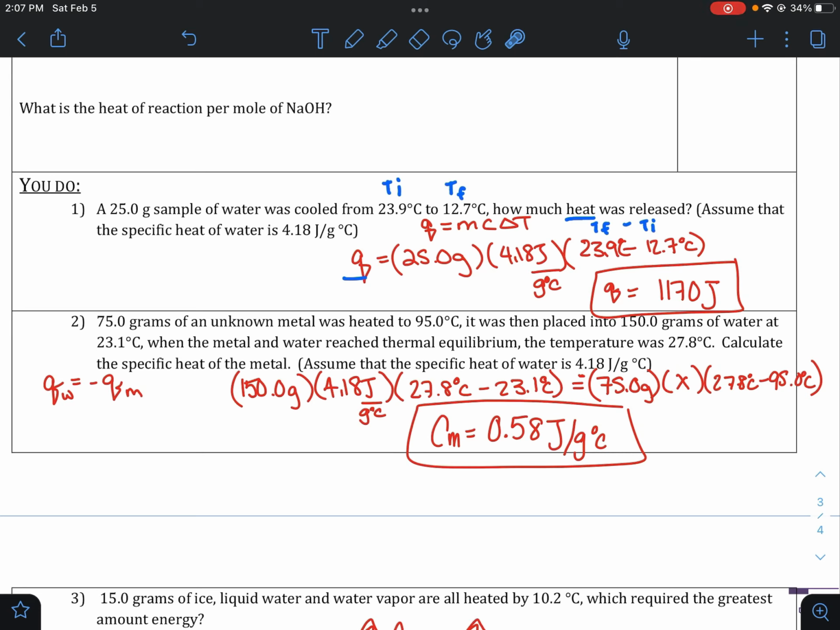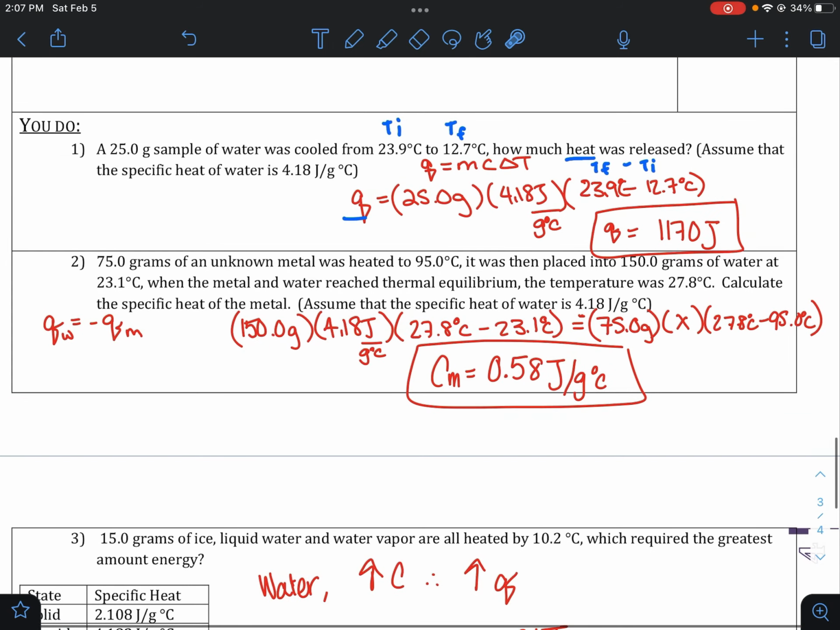Number 2: 75 grams of an unknown metal was heated to 95 degrees Celsius, placed in 150 grams of water at this temperature, thermal equilibrium. Right off the bat, that seems like a wordy problem. This is where, again, I'm going to tell you, draw yourself a picture. So, for example